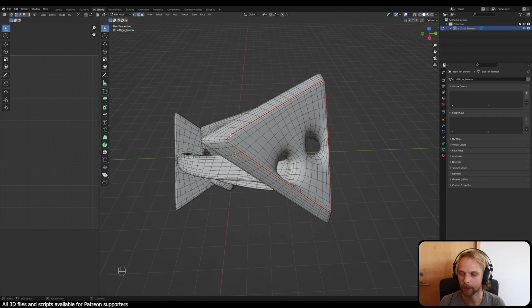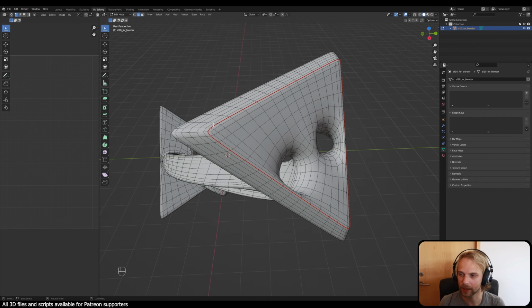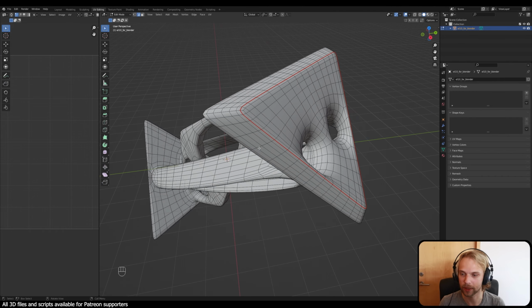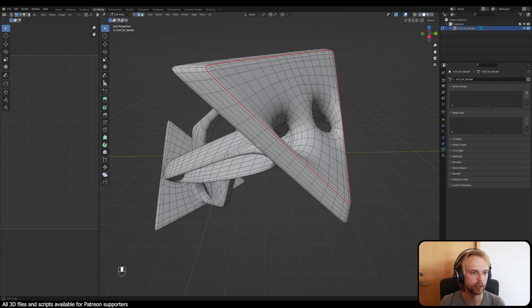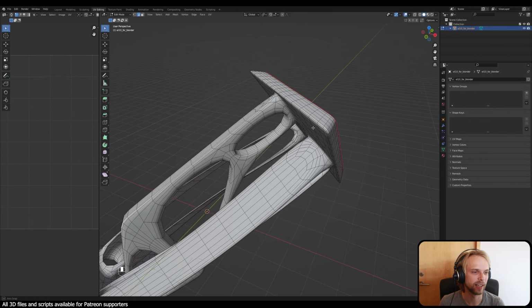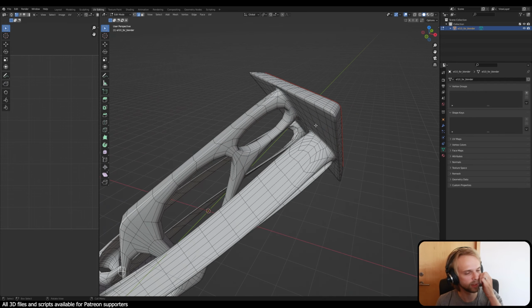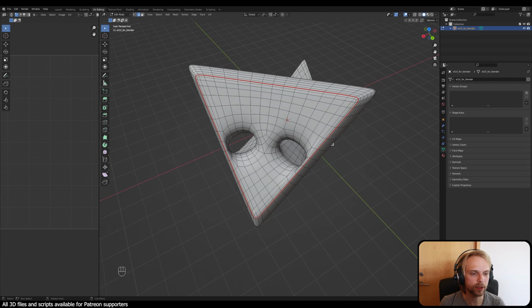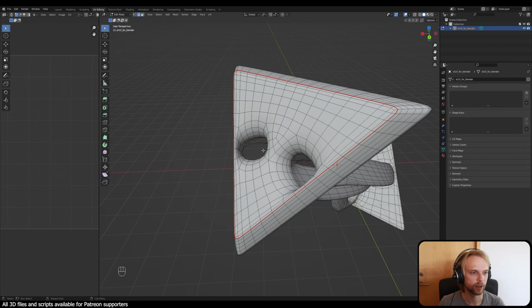I'm basically saying that all of this should be separated out and should be cut. And that is not necessarily a correct way of doing it, but it should be fine. Okay, another thing is if I want to completely disconnect this triangle from the rest of the